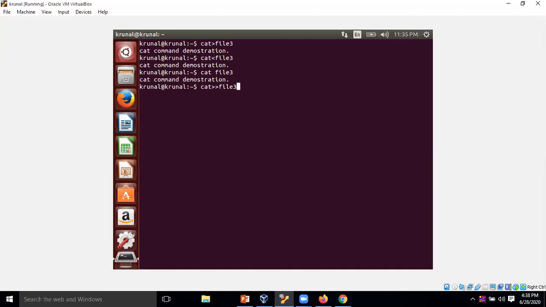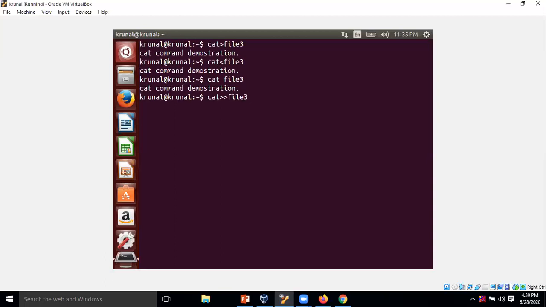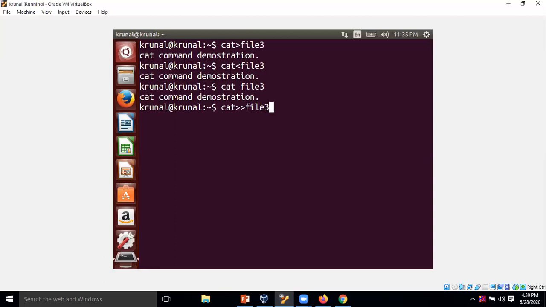If you want to increase the resolution of this console, you can press Ctrl Shift plus plus, through which you can increase the size of the font.